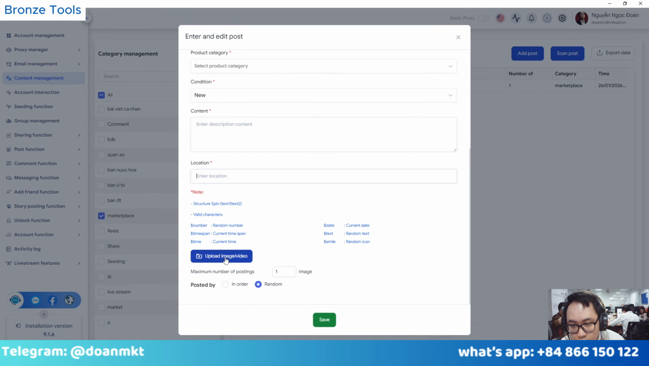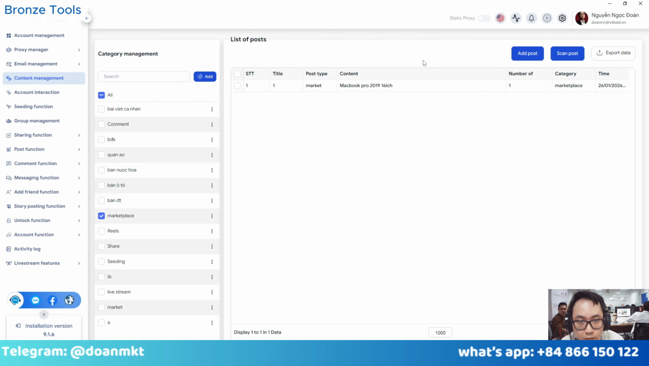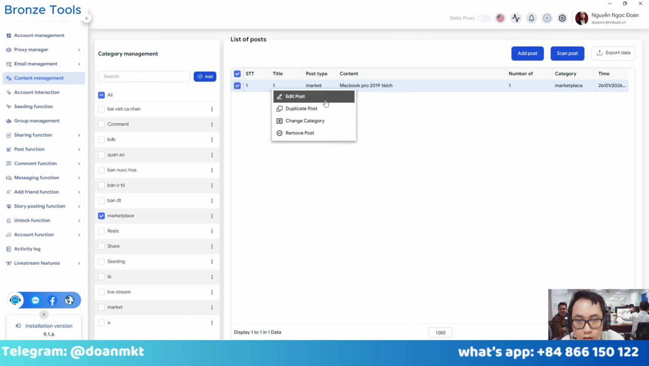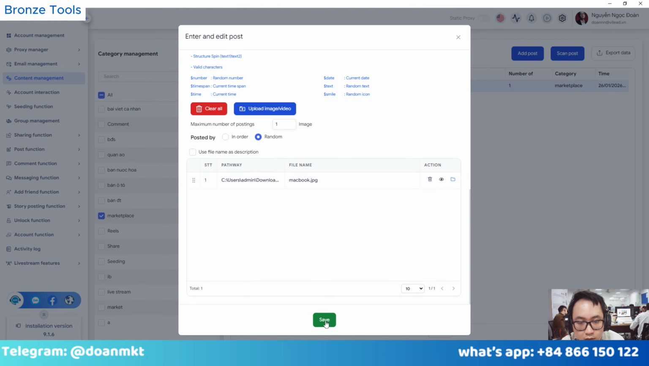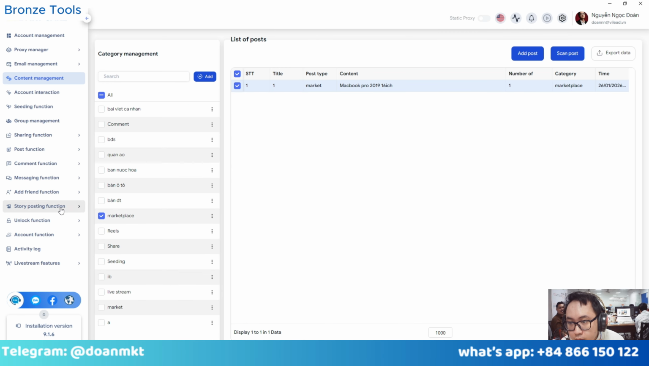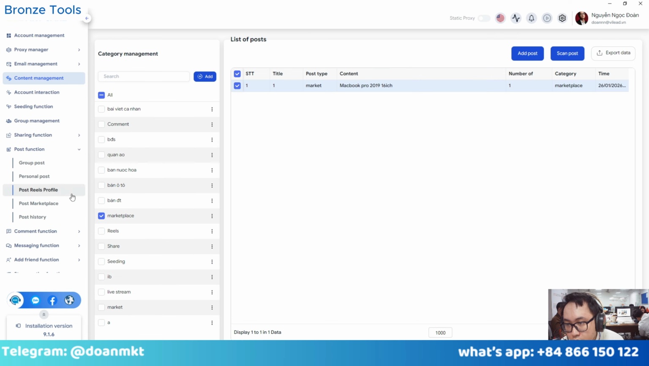And next you can upload your image or video that you want about your product, and you will save your content. And after having the content like this, you will save, and you will go to post function, and in here you will choose post